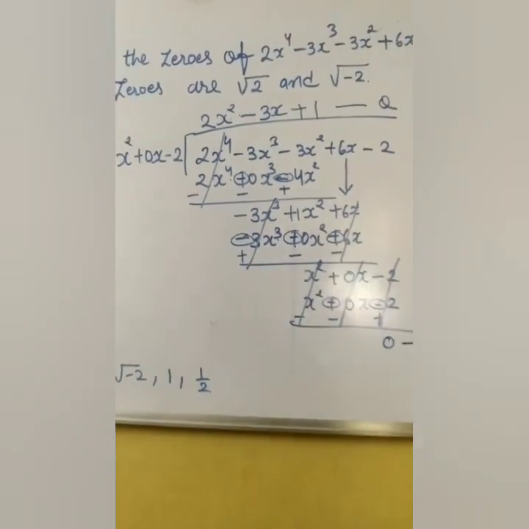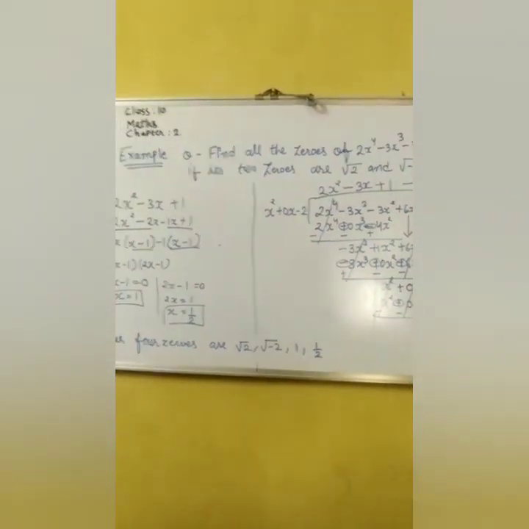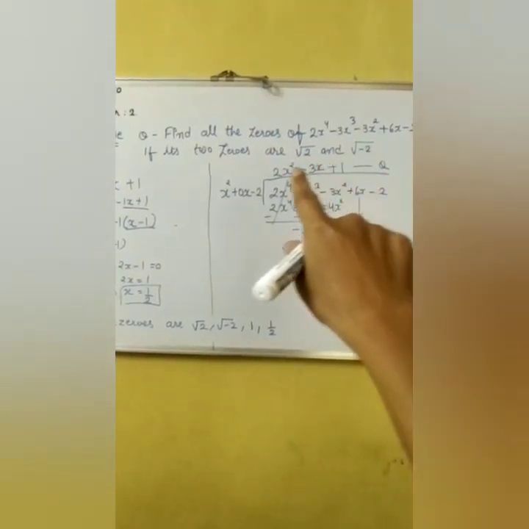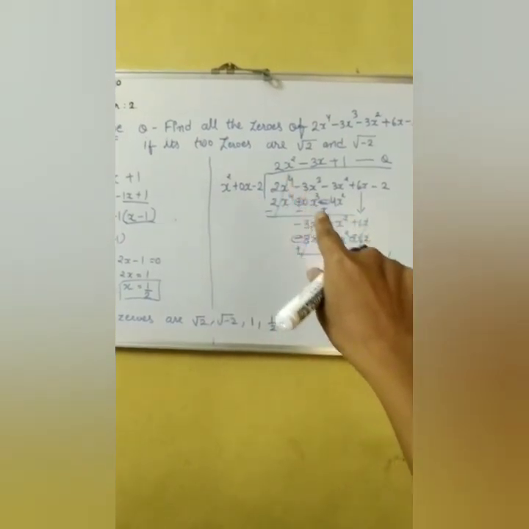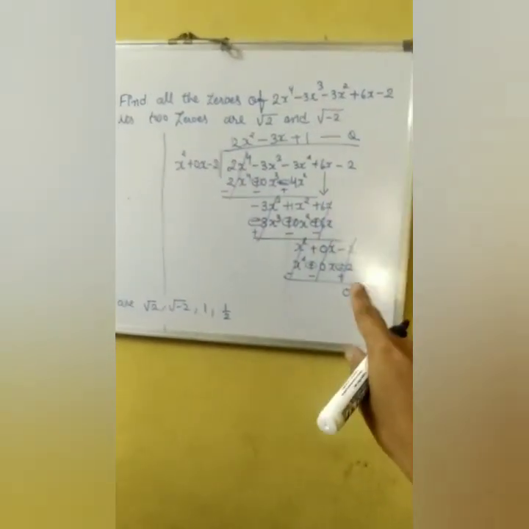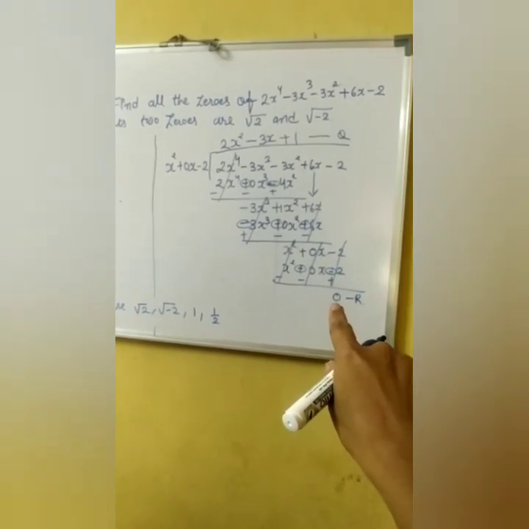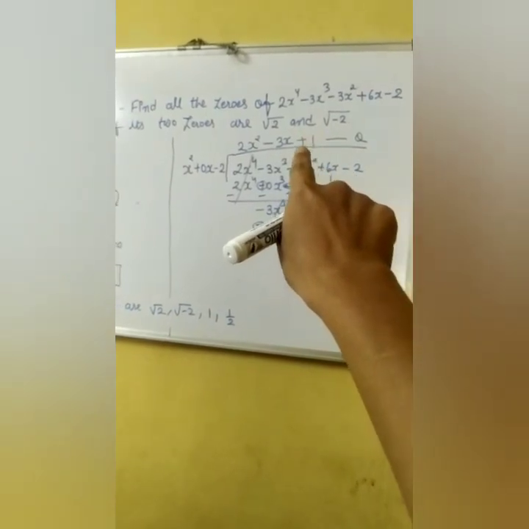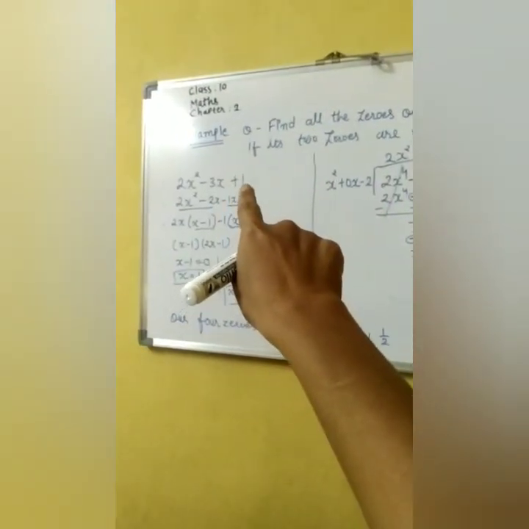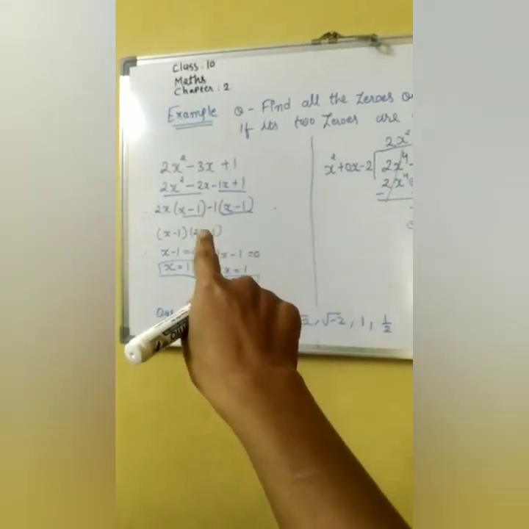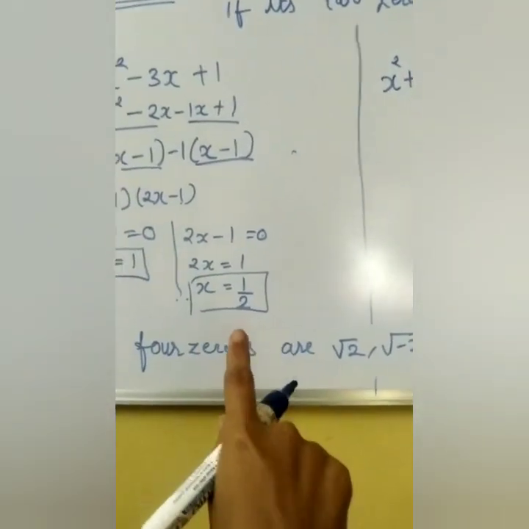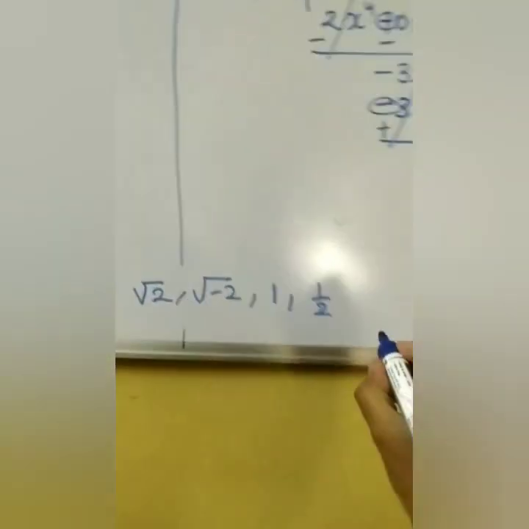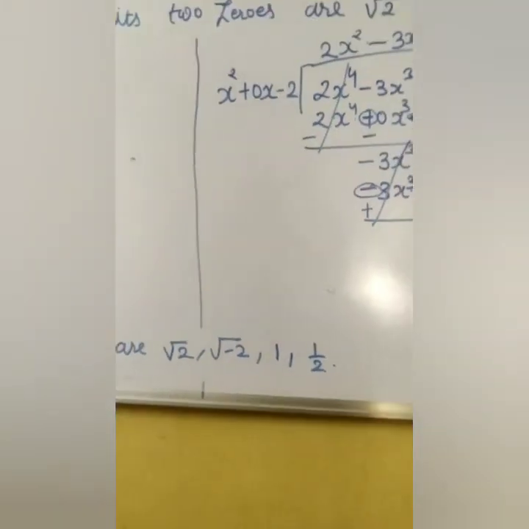So this whole thing you have to do for 4 marks, and this is a very important process. First you have to find factors for these two zeros, then you get g of x, then you have to do the division method, and you have to keep the remainder as 0. If you are not getting 0, it means your method is wrong. Then you get the quotient. That quotient is very important, because for that quotient we have to again do splitting the middle term, and by that we get another 2 zeros, and finally we got the answer that our 4 zeros are this and this. Here you got your final answer.